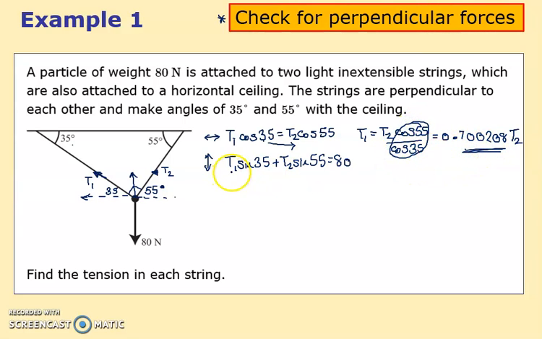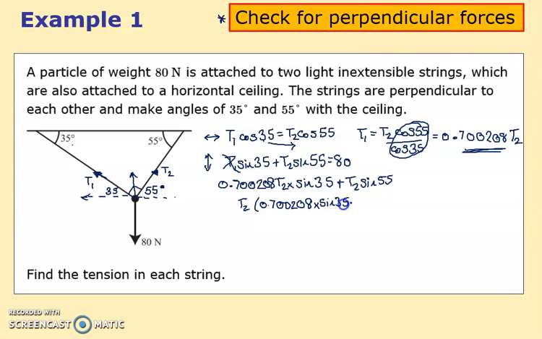Why have I done that? Because where it says T1 now, I can replace it with this. So I've got way too much accuracy, 0.700208 T2. So I'll get rid of this and I'll write that. Don't forget to times by the sin 35 plus T2 sin 55. And if you like, one way of doing this is to take out T2 as a common factor and do this, times by the sin 35 plus the sin 55 equals, don't forget that all this is meant to be equal to 80. So if I just set that equal to 80,